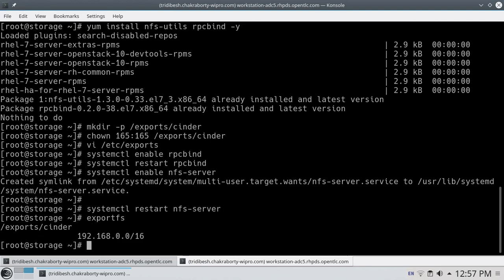So we are done with our storage node, where we created an NFS share and shared it with our OpenStack platform network.